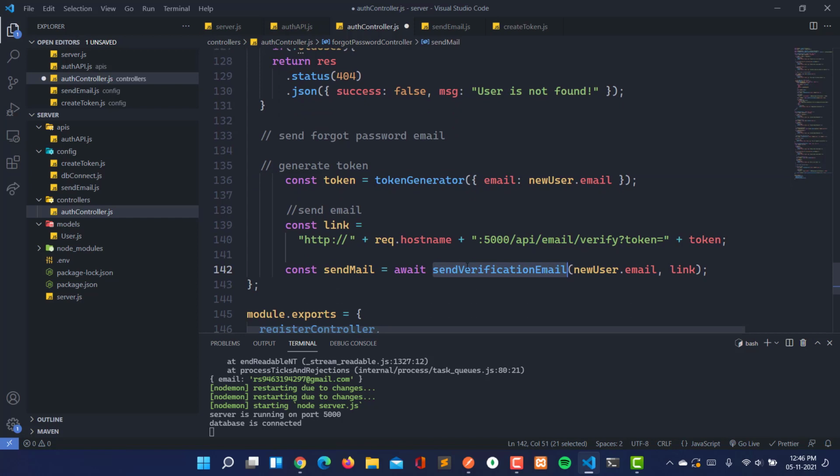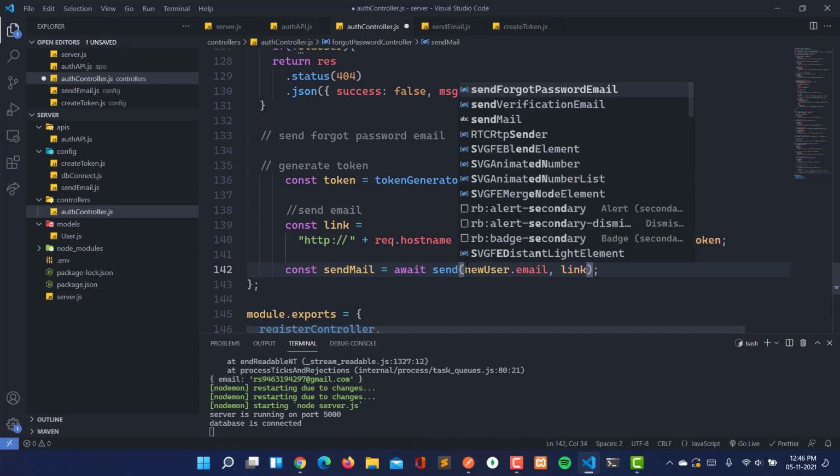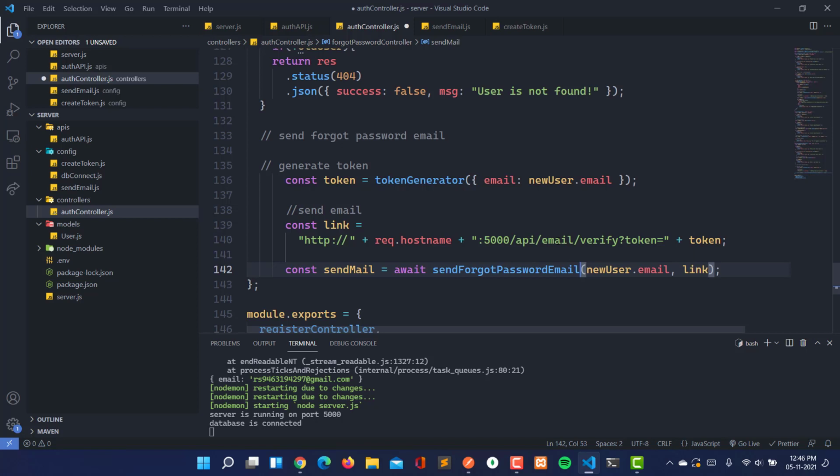And instead of this send verification email, we are going to use send forgot password email. Send forgot password email, and here the link will be app slash email will be there slash verify. So this node will be there. So here this will be like that, auth API auth, then this will be reset password.